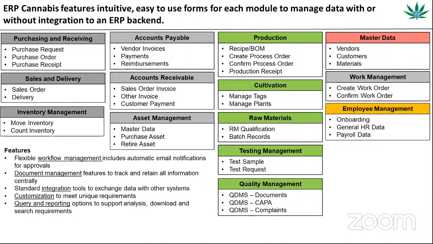So it depends on what you do in the cannabis industry. You may be a producer. You may be a grower. You may be growing seeds. You may be processing. You may be in the production part of the cannabis industry. You may be in sales, for example. You may be a dispensary. So you can choose the module that you like, which is actually very flexible if you think about it.